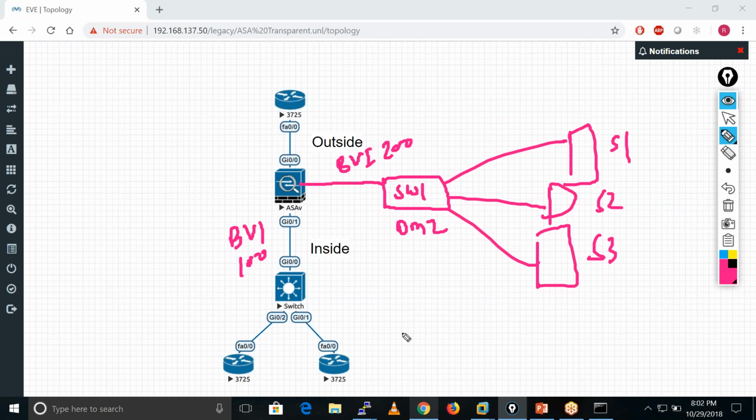These are the requirements for how we are going to configure our firewall. It depends on your requirements and your network topology, how you are going to implement that kind of thing.